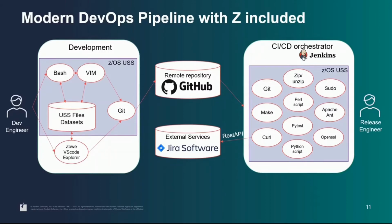In the context of the demo, we will review two very important roles. First one, software developer. The software developer is the product builder. They are the ones responsible for writing new code and bug fixes. In our demo, the development process is taking place on the OS, and such tools as Bash, Vim, Git are used. Working directly on USS, developers have direct access to mainframe files and datasets. At the same time, there are alternatives like Zowe VS Code Explorer, which enables creating and modifying USS files,